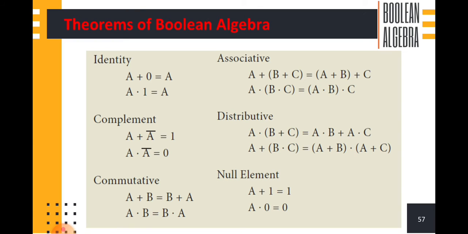And then commutative law. Commutative law is only applicable for addition and multiplication. That is, A plus B is equal to B plus A, and A into B equals B into A. You can interchange the values. We applied this law also in the last equation, where we got B bar into A. We just write B bar into A bar. We rewrite this statement as A bar into B bar. So commutative law: A plus B is equal to B plus A.